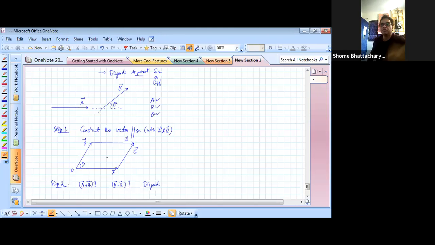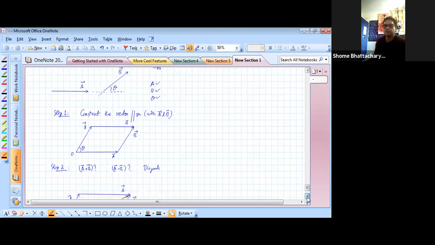That will become very clear to you over time, which one is the sum and which one is the difference. I'll give you a method of working around. So step 1, I hope, is clear to all of you. How to construct the vector parallelogram. And then step 2, from that,